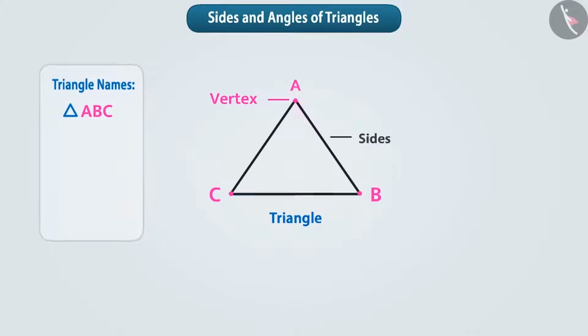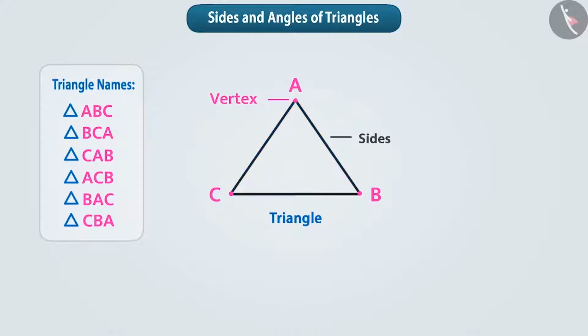In order to name any triangle, we start from a point and, moving from one point to another, we write them in sequence. Like here, we have named the triangle ABC, with this symbol of a triangle. This sign indicates that we are talking about a triangle named triangle ABC. Since we can start from any point and move in any direction on the boundary, we can also name this triangle BCA, triangle CAB, triangle ACB, triangle BAC, or triangle CBA.